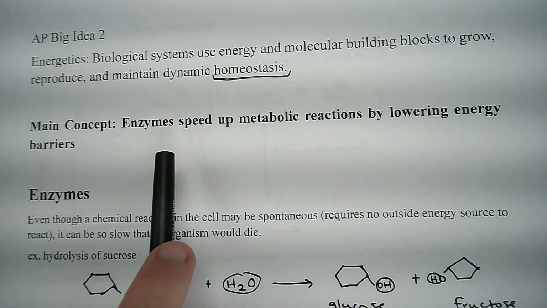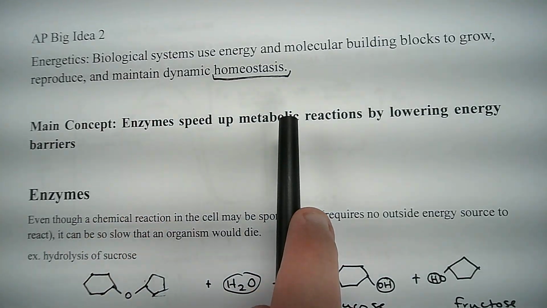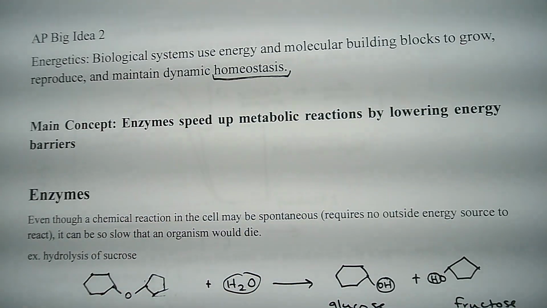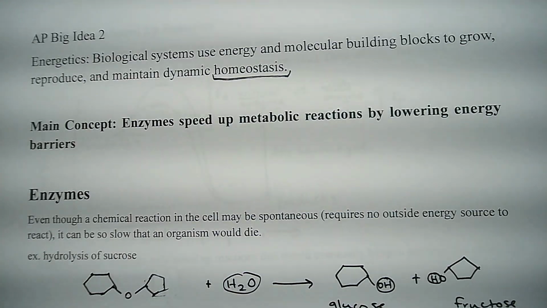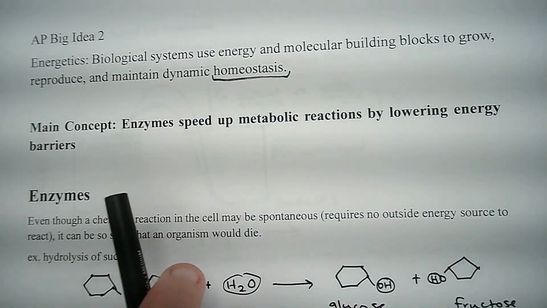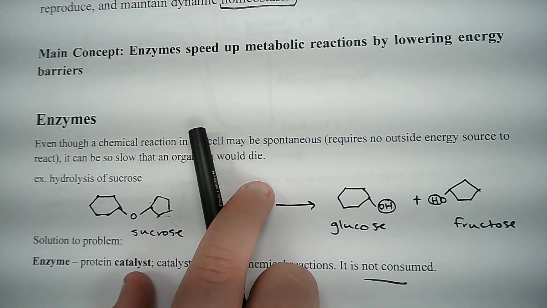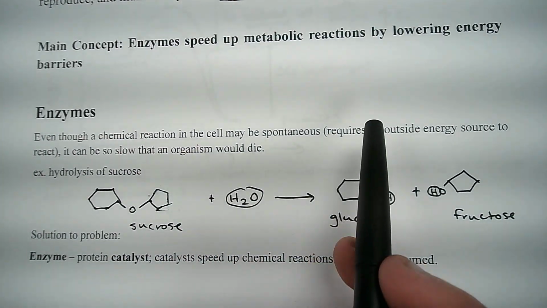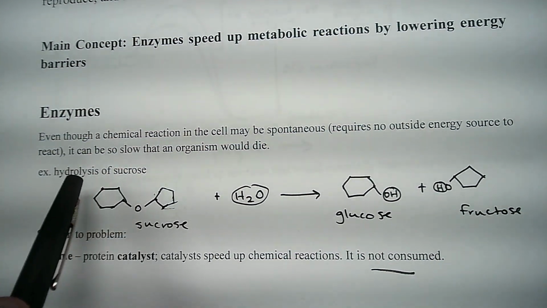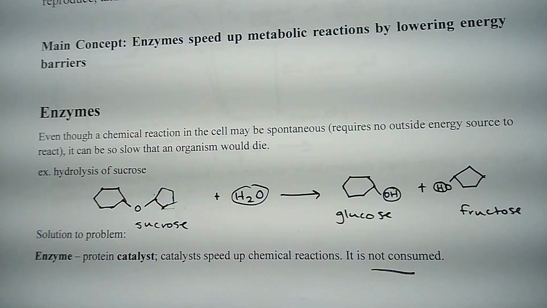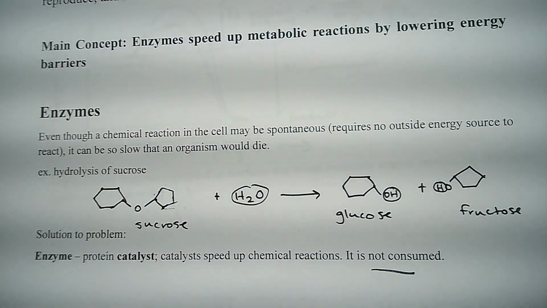Okay, in general, enzymes speed up metabolic reactions by lowering energy barriers. So it takes less energy than it normally would for a reaction to go from reactants to products. And that's what enzymes do. So even though a chemical reaction in the cell may be spontaneous, meaning it requires no outside energy source to react, it can be so slow that the organism would die because it doesn't have time to receive the energy